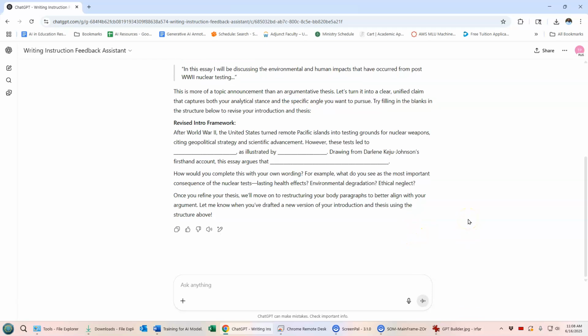So the model is actually leading the student to the conclusion or a good result. Once you refine your thesis, we can move on to restructuring, etc. So these tests led to, so the student would say, okay, what is it that I want to say? So I'm going to play student here. I'm going to say that these tests led to